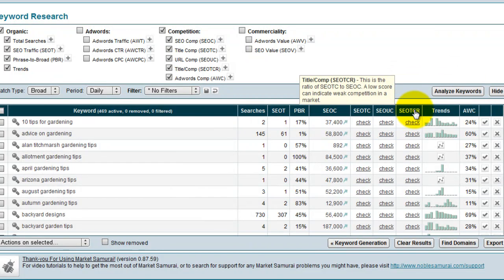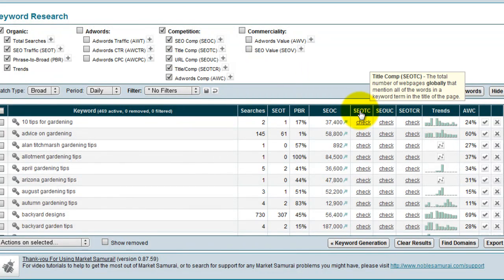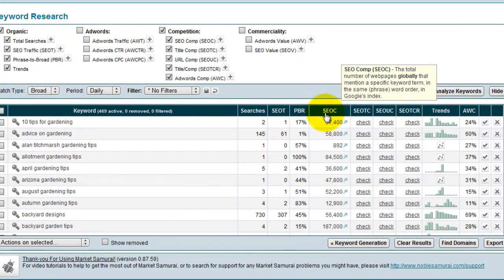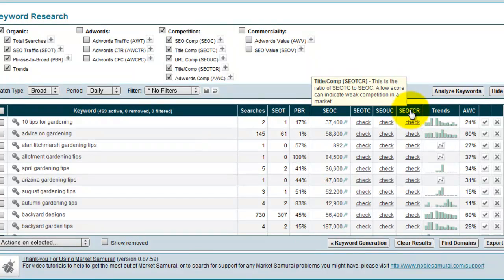And then this is cool, the title versus the competition. This is the ratio of the title versus just the web pages in general, so the number of pages which mention the keyword in the title versus just mention it in general. A lower number here is going to represent weaker competition, and as a result, a more probably viable keyword to move forward with. Alright, so we have trends, how that's gone up or down for that keyword phrase in